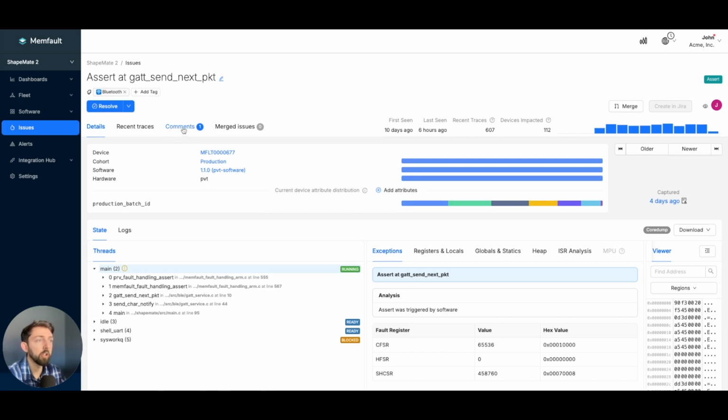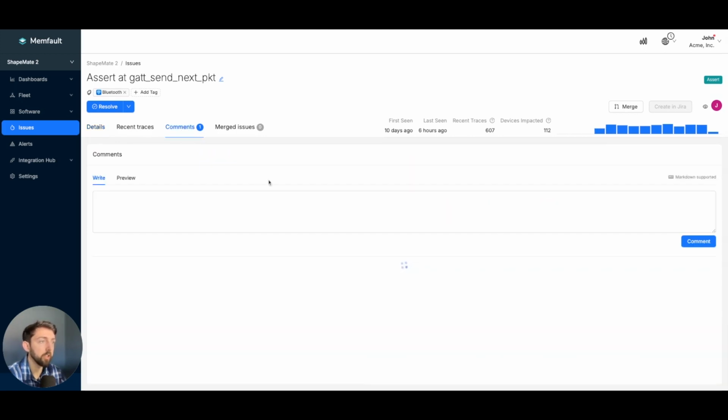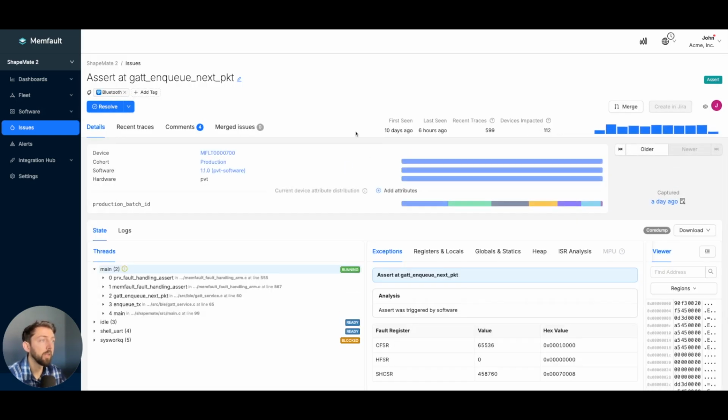I see that one of my colleagues must be ahead of me. There's already a comment in this issue. I'm going to jump over and see what they've said. So they've said, Zephyr didn't set a reset reason here. Strange, it did for the assert in GATT NQ next packet. So this is the other assert that we were looking at on the timeline there. So I'm going to follow their link through and take a look at the trace for this second issue,